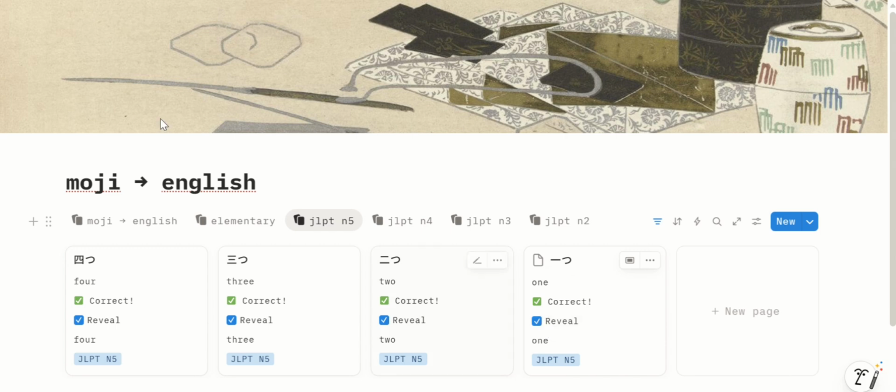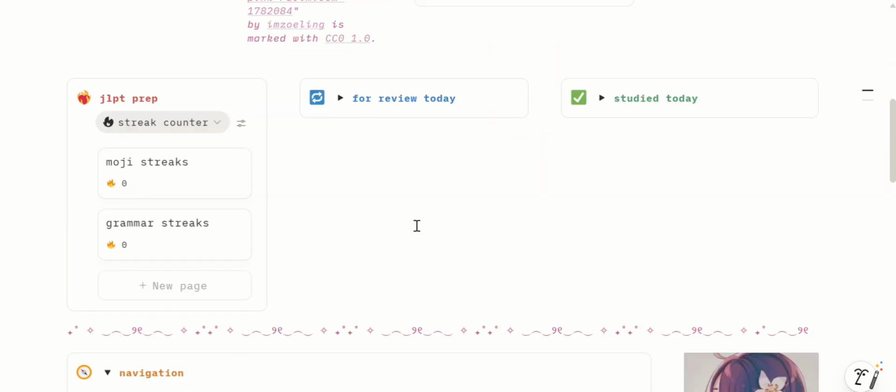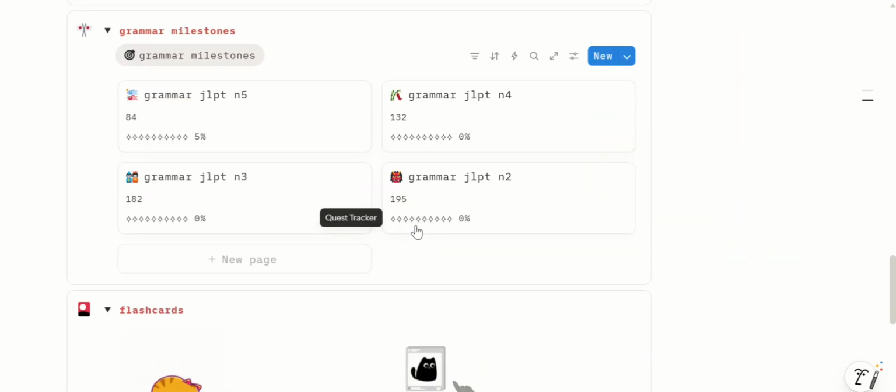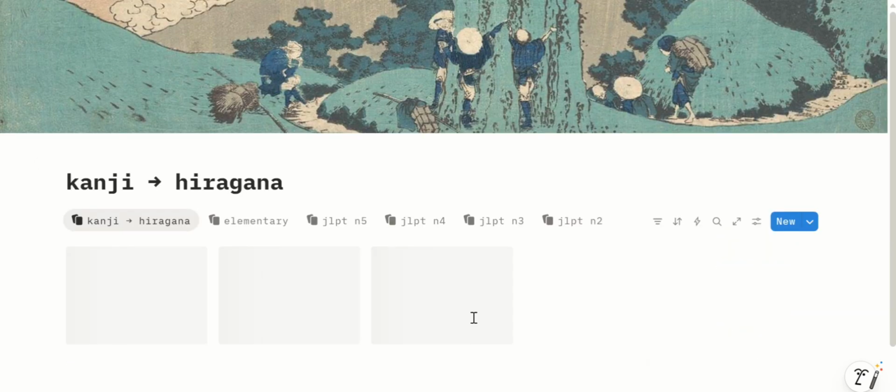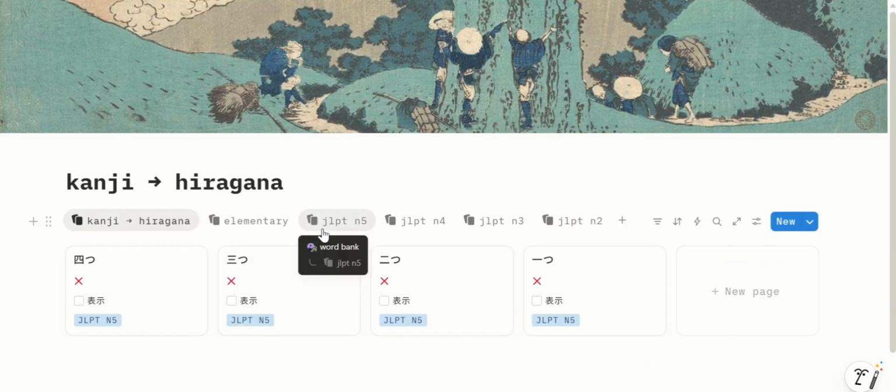Okay, and then we go to the other flashcard, which is the kanji to hiragana, and we choose the specific level again. The purpose here is, from the kanji, we need to identify the correct reading in hiragana.